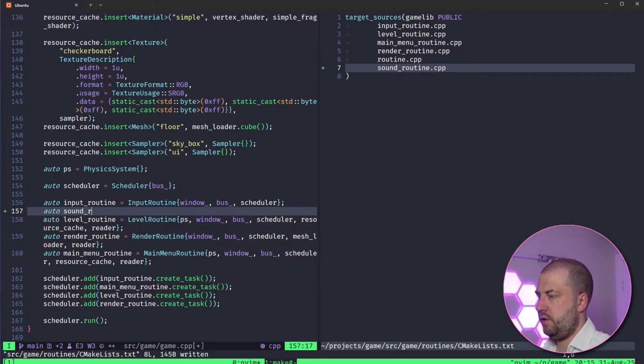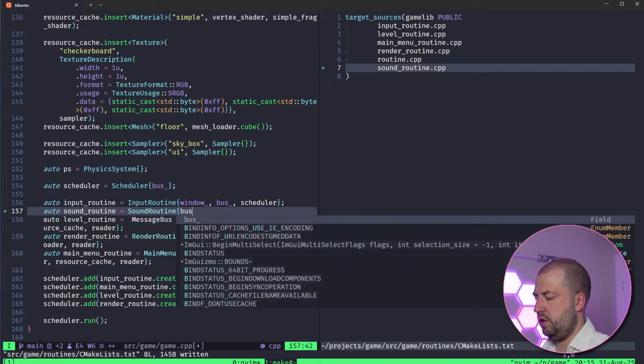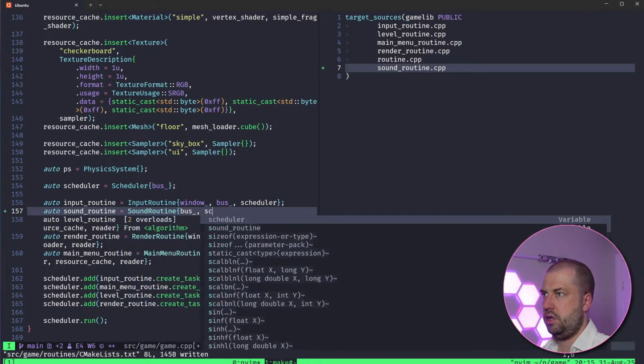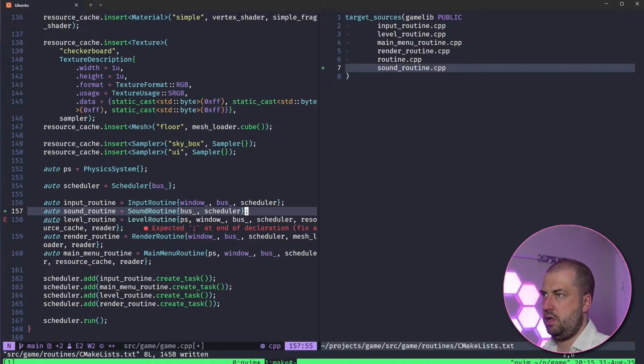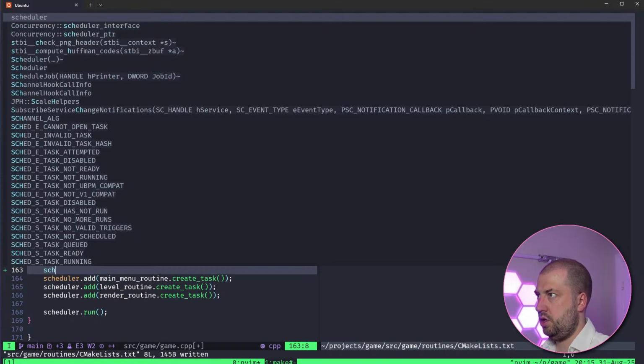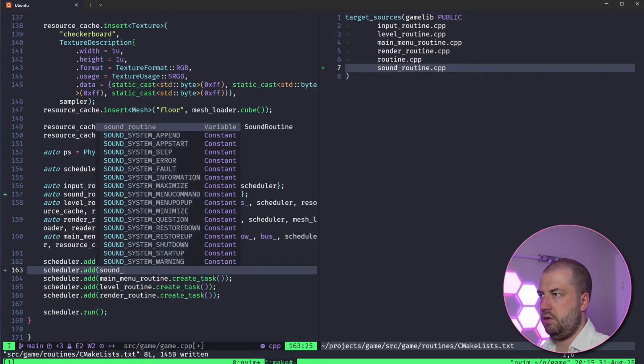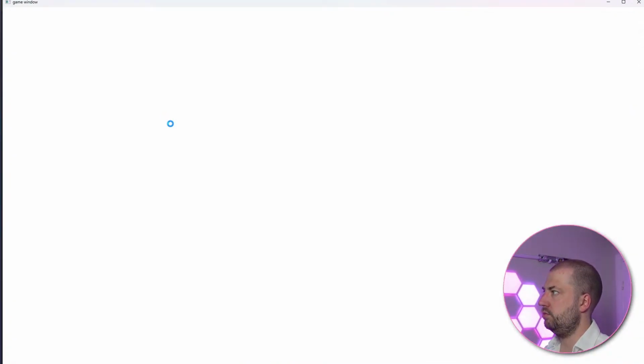Sound routine. What are we doing? Getting there. And that took a boost and a scheduler, didn't it? And then we will scheduler.add sound routine. Oh, here we go. It's go time.